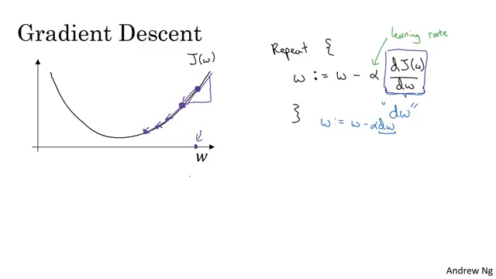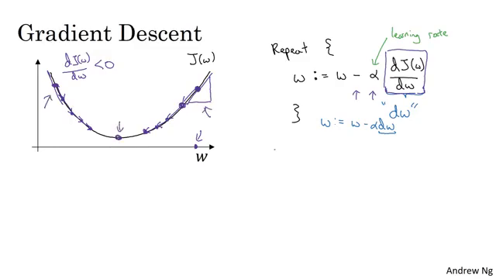value of w. As another example, if w was over here, then at this point, the slope here, or dJ/dw, will be negative. And so the gradient descent update would subtract alpha times a negative number, and so end up slowly increasing w. So you end up making w bigger and bigger with successive iterations of gradient descent, so that hopefully, whether you initialize on the left or on the right, gradient descent will move you towards this global